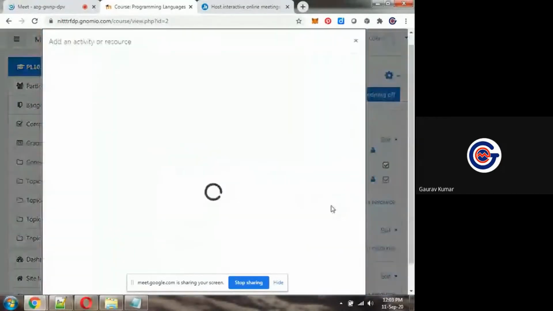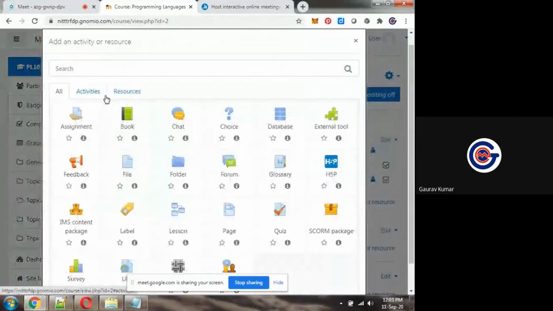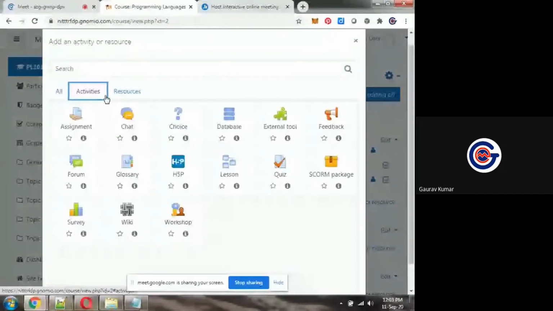As we have discussed earlier, in activities there is two-way communication or multi-way communication. Suppose I want to take a survey, I want to work on some particular feedback, I want to participate in some forum, I want to create some workshop. So all these are activities. Activities are those modules in LMS in which multi-way communication takes place.